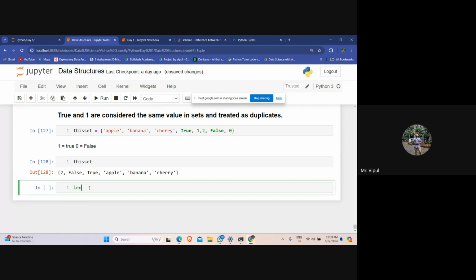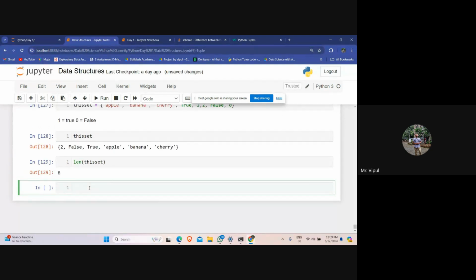Now similarly, you can find the length. We have the length function, len of this set, this is your length function. You can put set items of different data types over there. So it allows different data types.